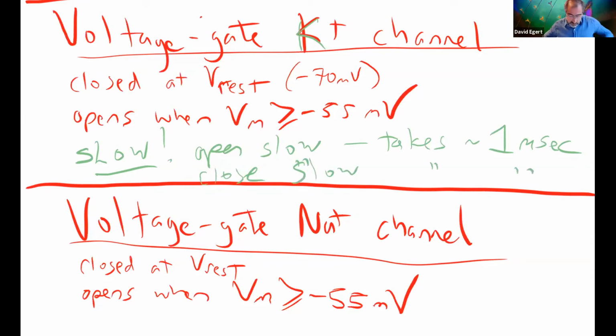Also, I always think of them as like, "Kill the rabbit, which way did he go?" It's like, "Ooh, the membrane voltage just came above minus 55. It's time to open up." And then the voltage drops back down. It's like, "Oh, wow, look, the voltage has dropped back down. It's time to close." So that lag is going to be important when we see how the action potential forms,